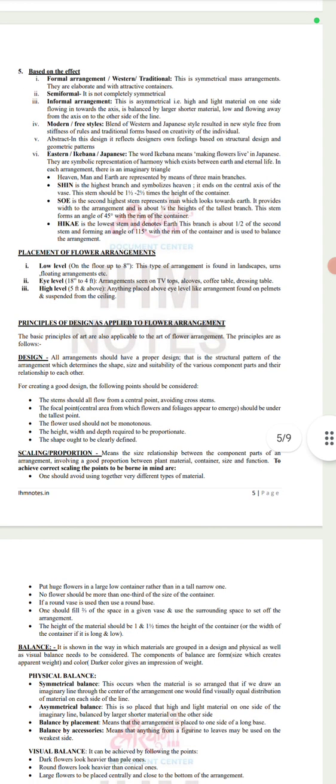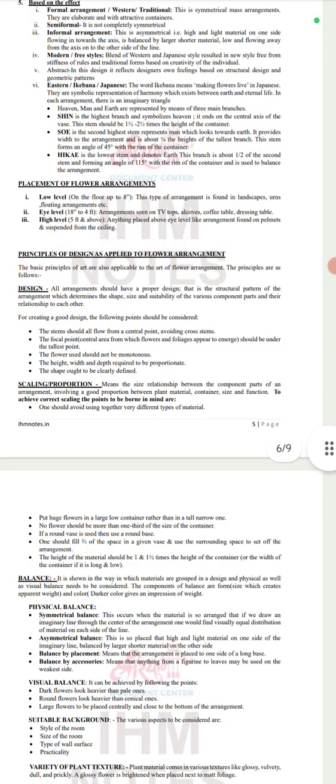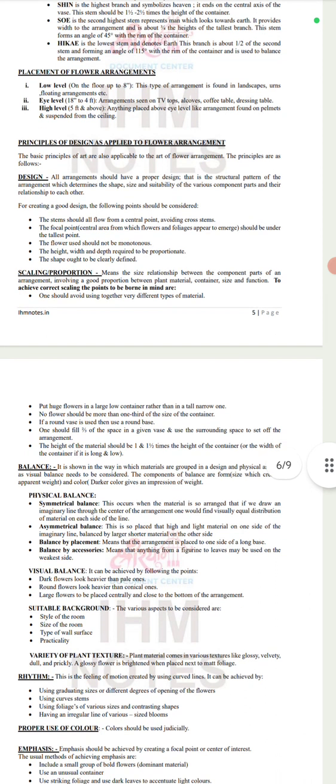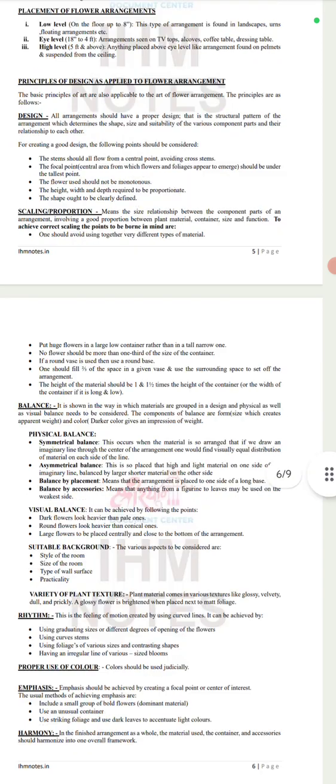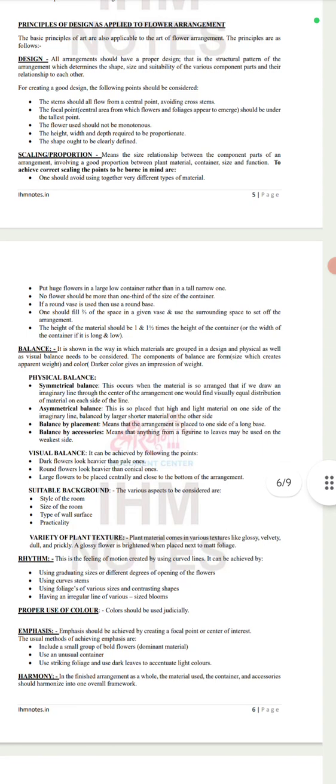Design: all arrangements should have proper design with scaling, a size relationship between component parts. Balance: it shows the way material grows in a design, physical as well as visible balance. Symmetrical balance, asymmetrical balance, balance by placement. This means the arrangement is placed on one side and balanced by